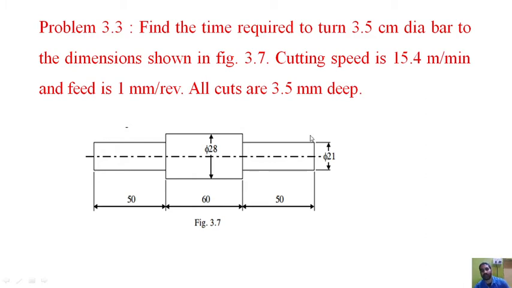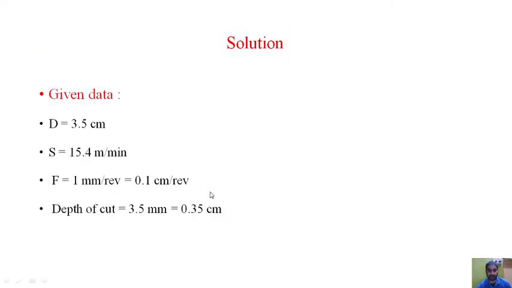In the next step, again you have to give the depth of cut as 3.5 mm. It is now 28 mm throughout the length, so 28 minus 7 mm is 21 mm. So in the second cut, you have to give a length of 50 plus 50, 100 mm. The length of workpiece will be 100 mm, and in the second cut we have to make only 100 mm length. Okay, so I'll explain step by step.